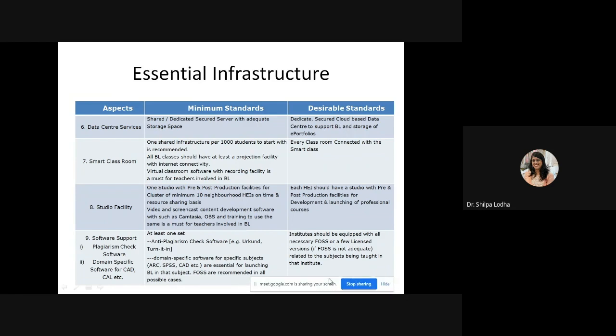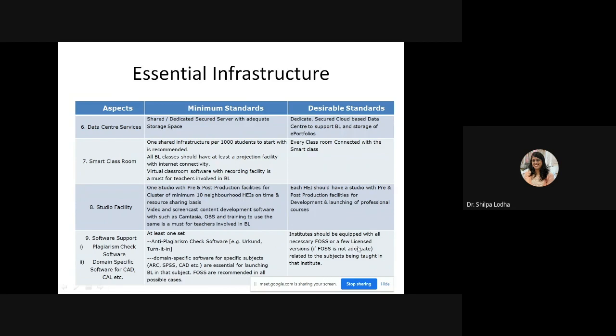Implementation of blended learning involves a lot of cost, and if you go for paid versions of software, it will cost us a lot. So initially you can start with various free open source software, and when you find that these are not adequate, then you can go for the licensed version also. So these are the essential infrastructure.